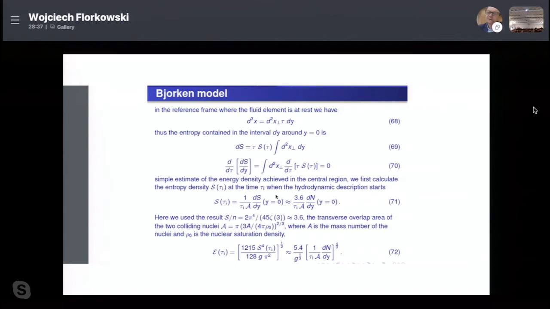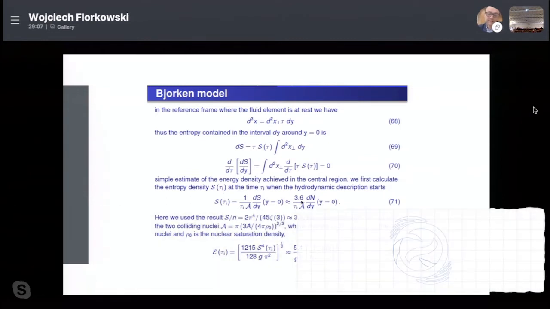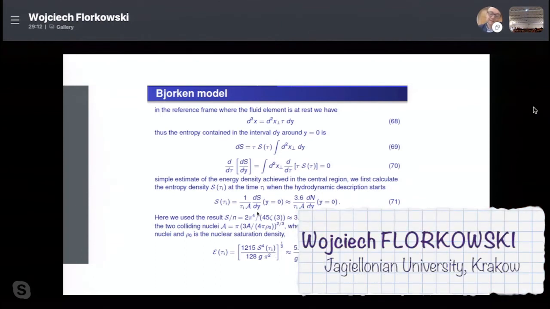And to make all those arguments short, I can only tell you that all those arguments tell us that the energy density at the time of about 1 Fermi is really a few GeV per Fermi cubed. So it's a much larger quantity than what characterizes just nuclear matter, where the energy density is a fraction of 1 GeV per Fermi cubed. So this kind of argument, which is repeated by experimentalists, and I would say very convincing, is that this simple estimate of the energy density